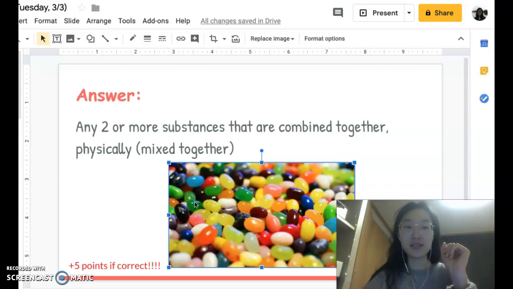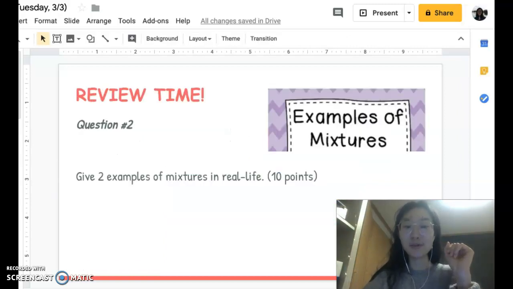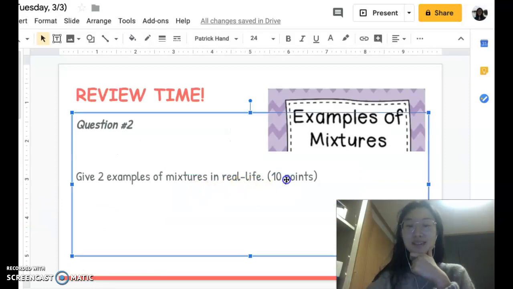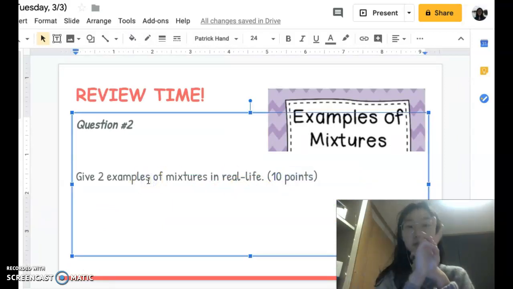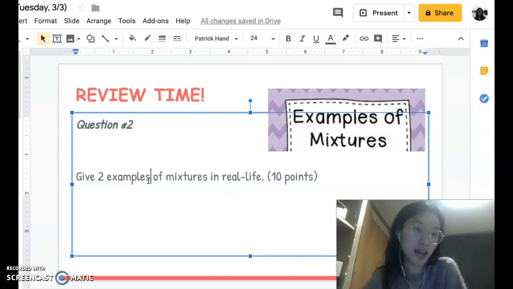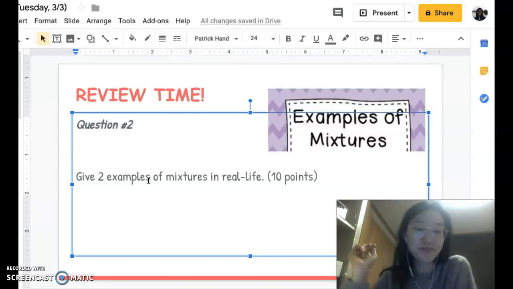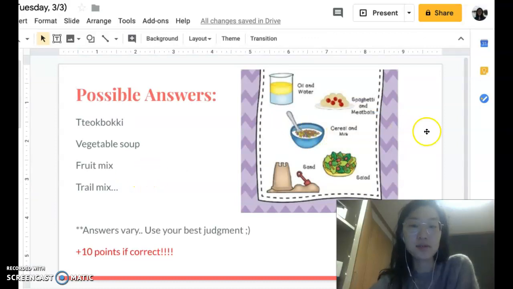Question number 2, it's going to get a little harder. This one is 10 points. Give me 2 examples of mixtures that we can see in real life. Pause this video. So we have a lot of options for this answer. I'm going to give you some examples that I thought of, and of course, there are answers that I didn't think of. So use your best judgment, okay? So some examples we have: